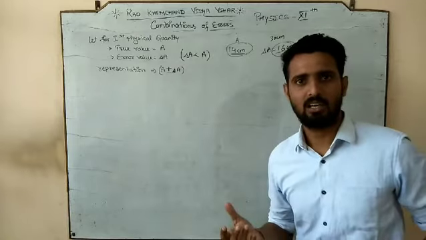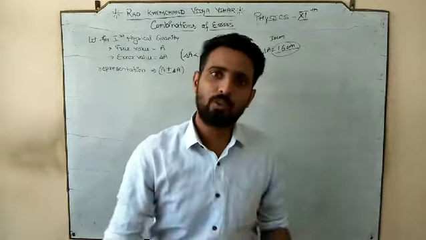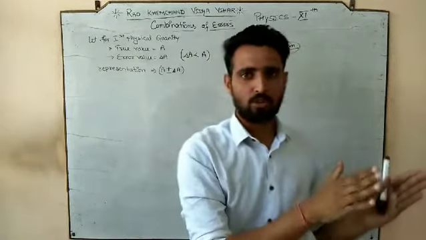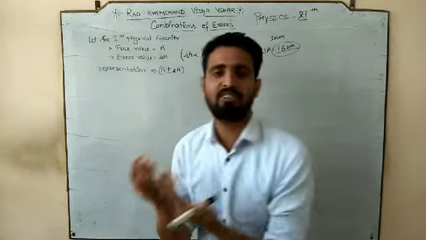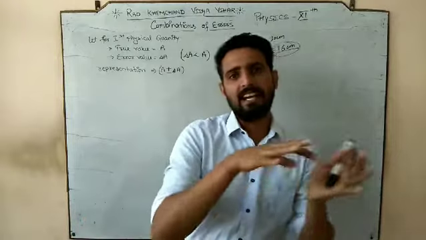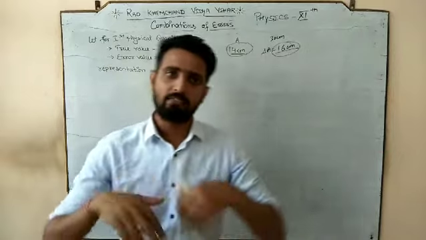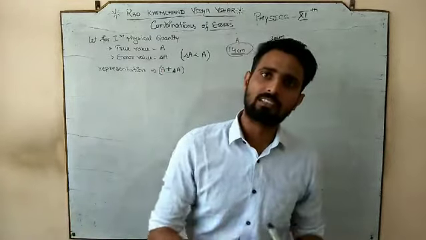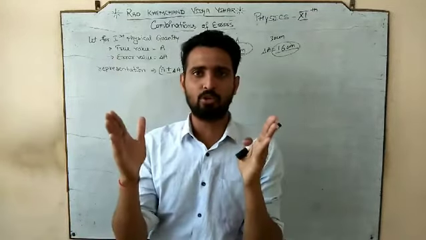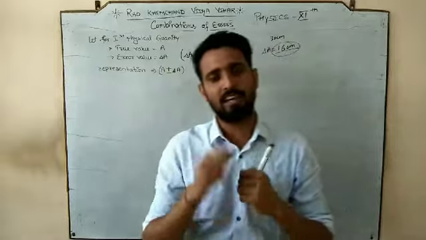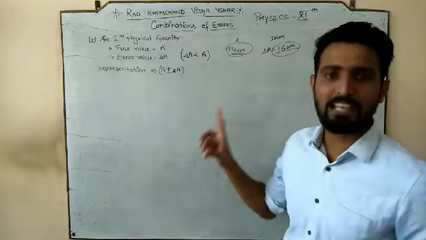ऐसा नहीं हो सकता. If anybody has a mass of 100 kg, when you are going to measure it, means its true mass is 100 kg, and when you go to measure it, it might be 101, it might be 102, 103, 99, 98, 97. ऐसा थोड़ी होगा कि आपका 100 kg mass है and when you measured it, you found that mass as 300 kg. Means the error or the difference between the measured value and true value is greater than the actual value or the true value. The difference is always very small, and this point is very much relevant.